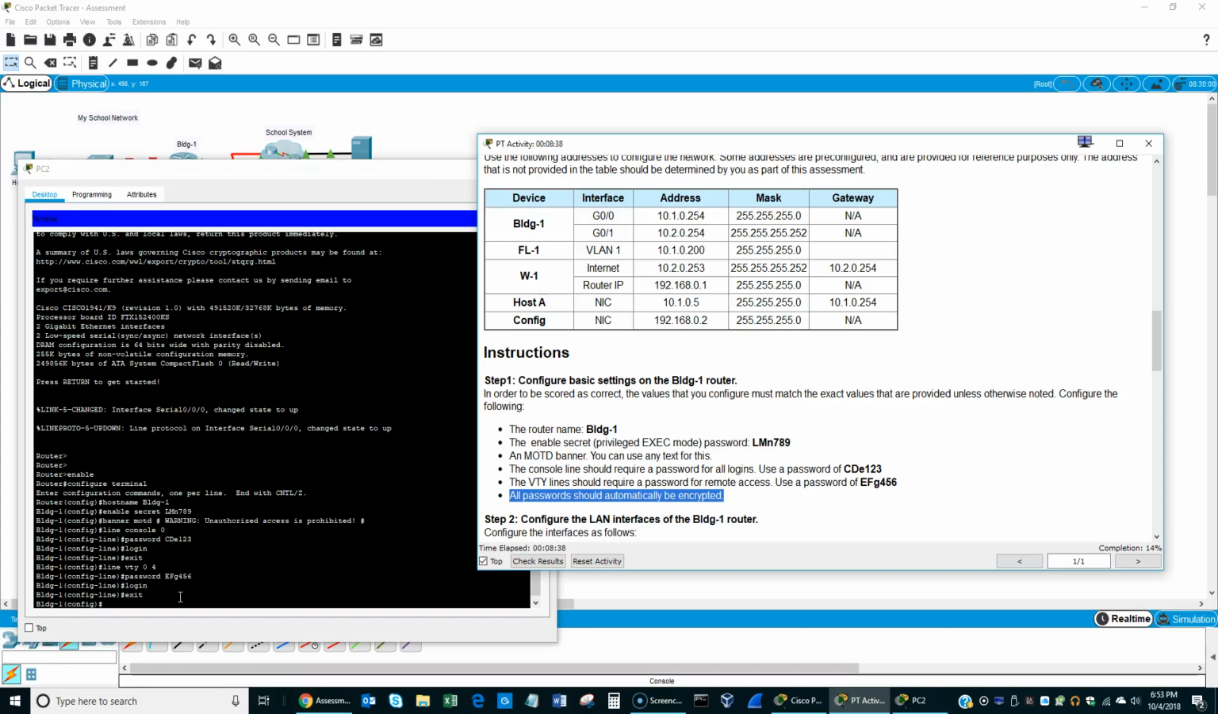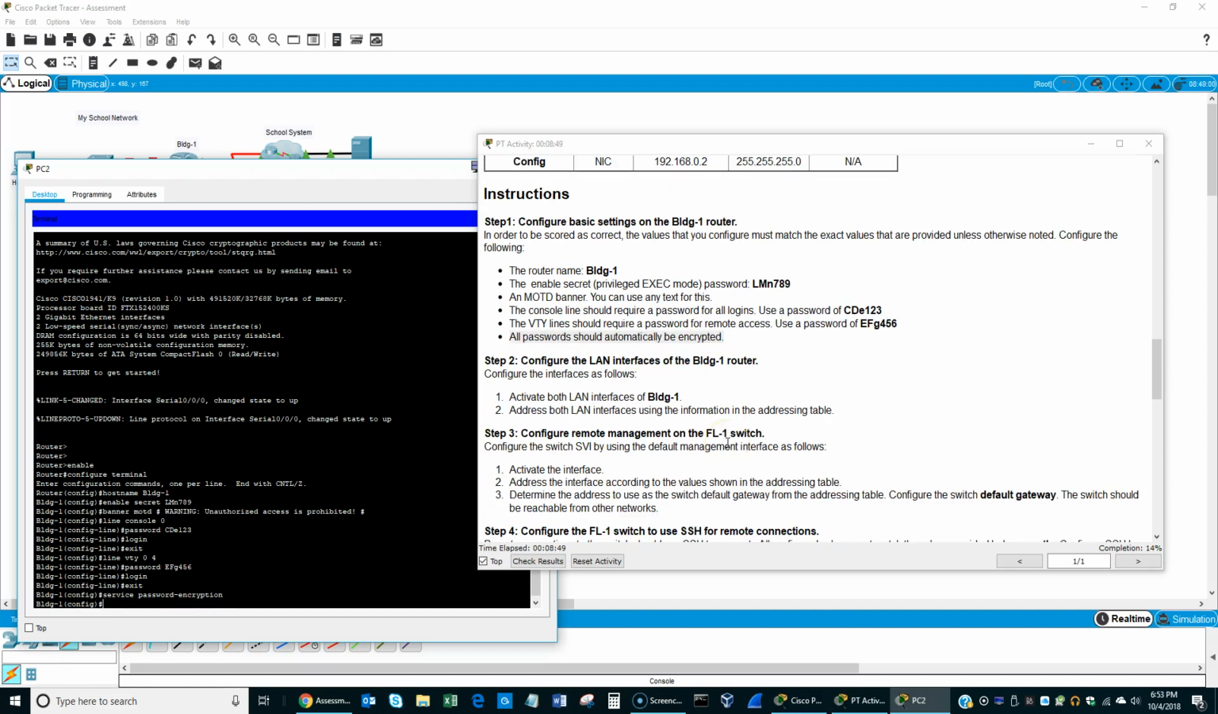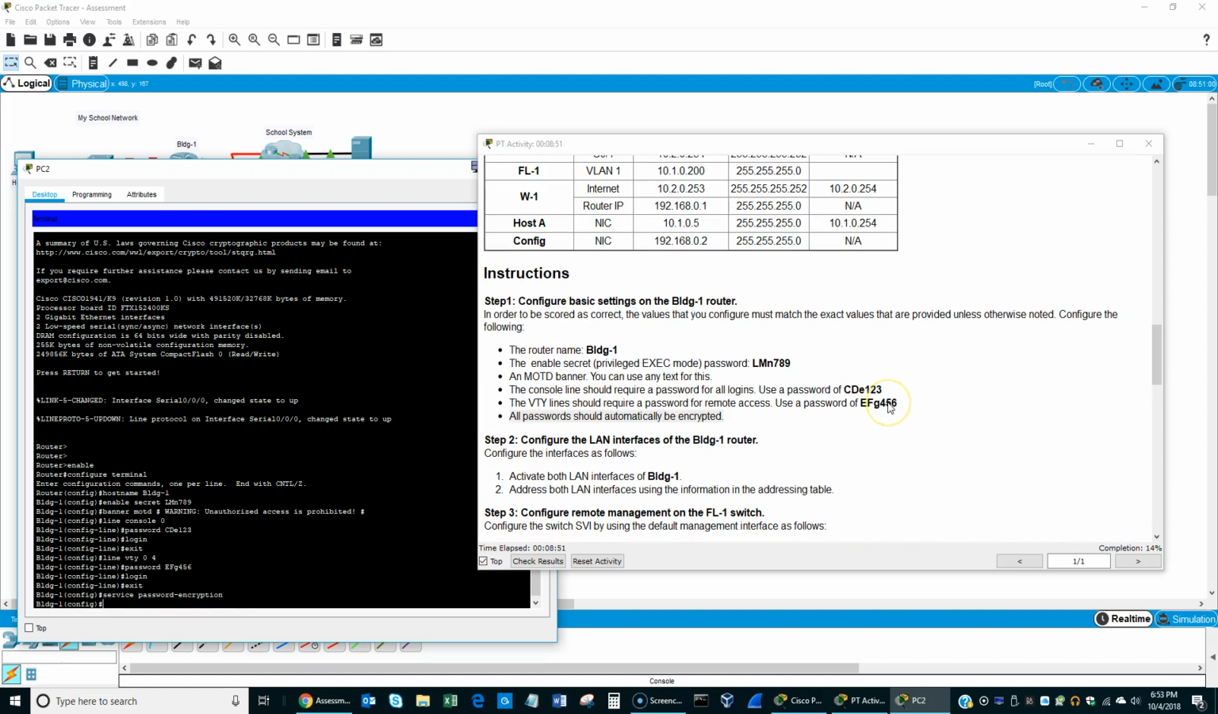Turn that on for the router, we're going to type service password-encryption. That's also done in global configuration mode. I may go ahead and show you a couple of things with step 2